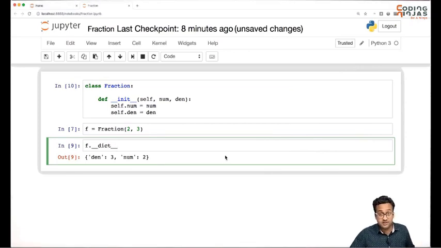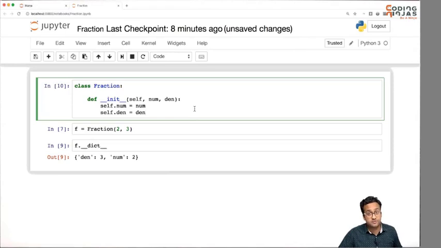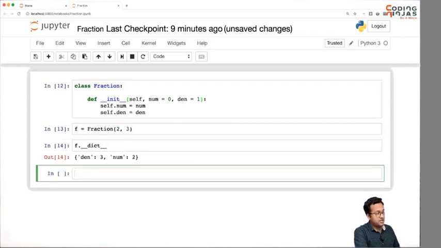So the way you can achieve that is, within your class you cannot have more than one init, right? So you can have only one init. So within this init, what you can do is use default values. So this basically means, by default, my numerator is going to be 0, and by default, my denominator is going to be 1. Okay? So now, when I pass these two arguments, my numerator and denominator are both passed, so the default parameters are not used.